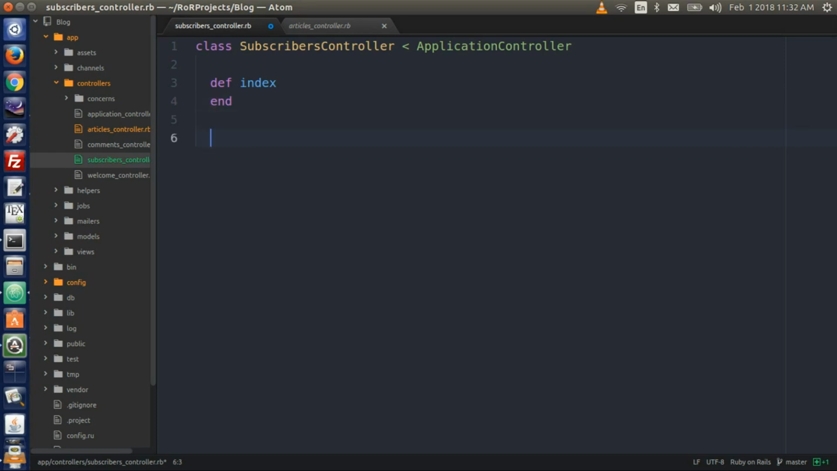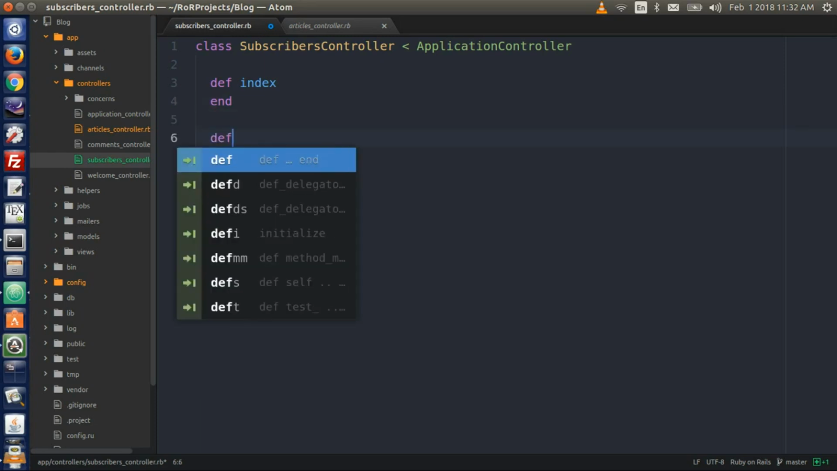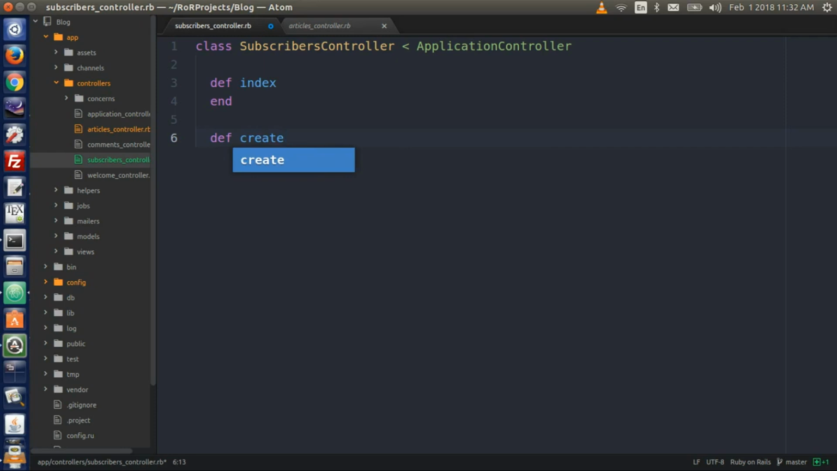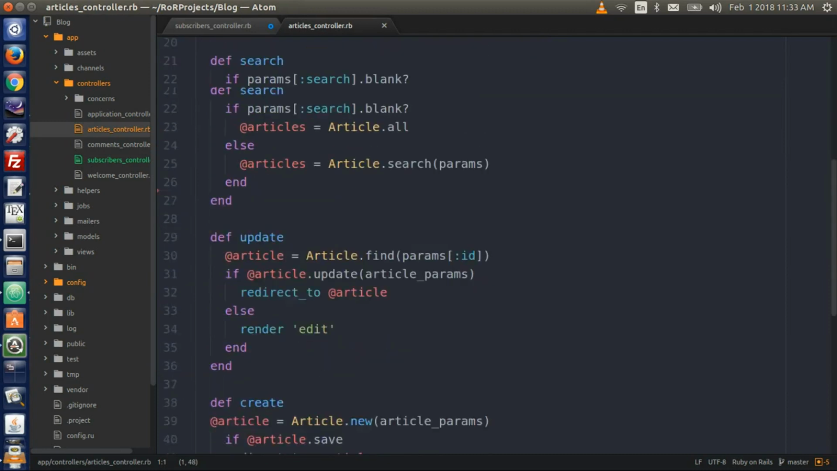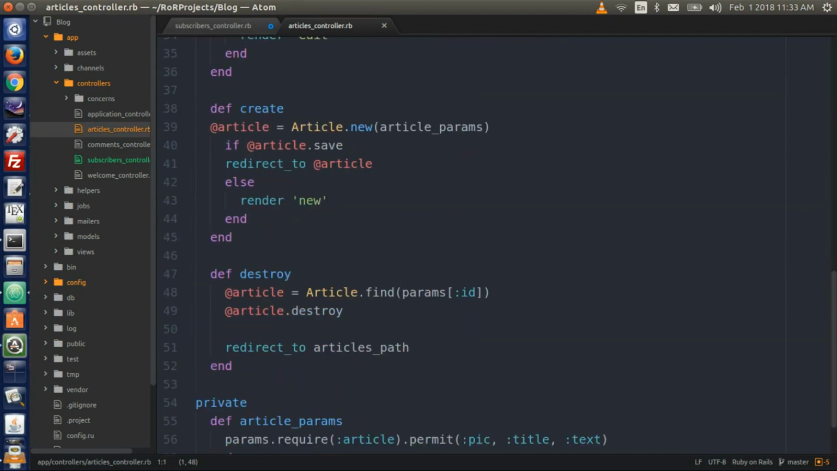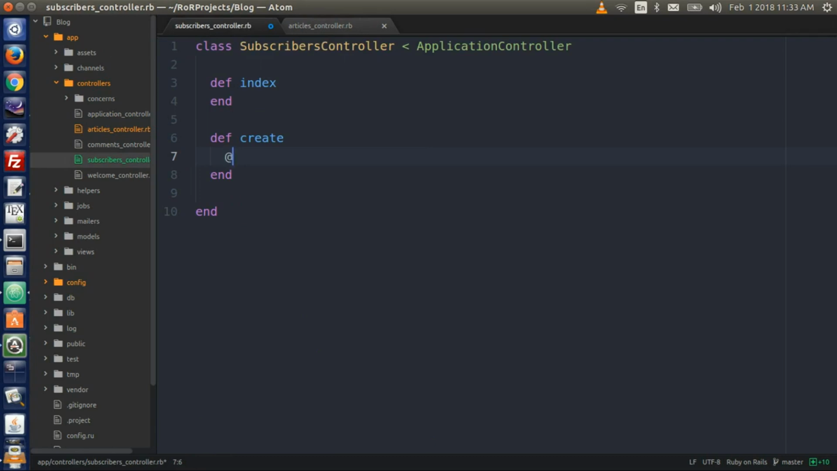Let's create our create action. Type def create and type end. And then we need to end our new class here. So that's important. In here, let's start with the create action first. Let's go to the articles controller and look at the structure of the syntax. We start with @article = Article.new. So we will then need @subscriber